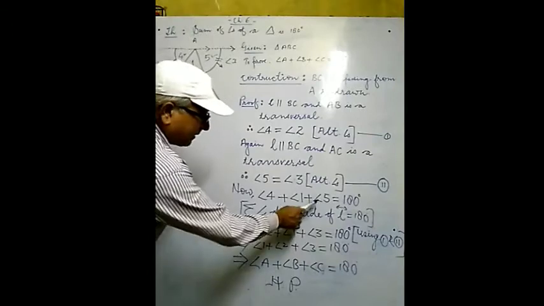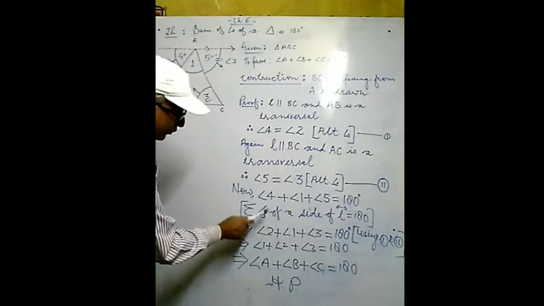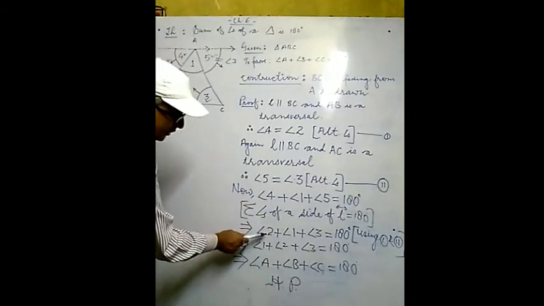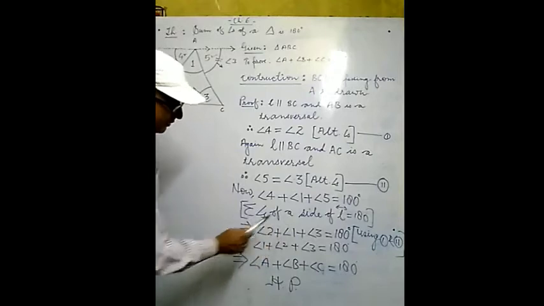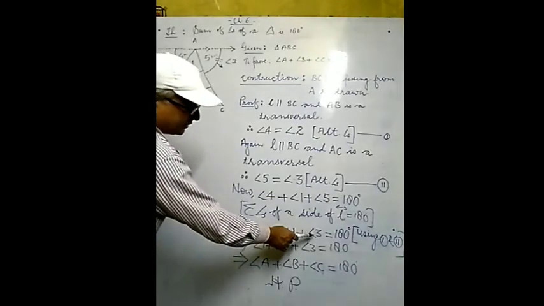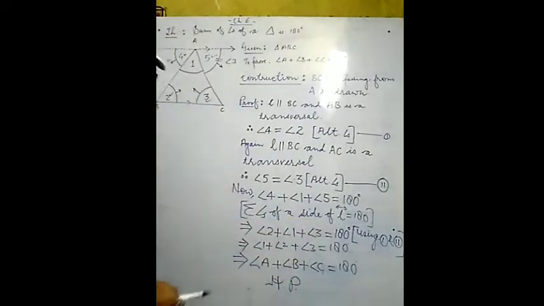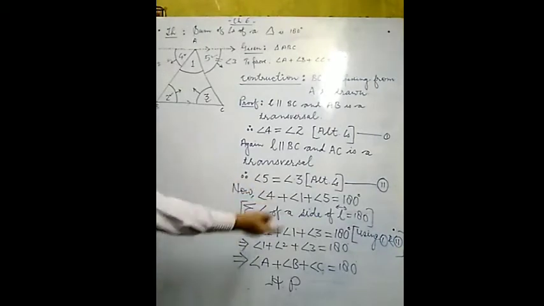So in the place of angle 5, it is angle 3, angle 1, angle 1, angle 4, angle 2, because angle 4 is equal to angle 2 and angle 5 equals angle 3. Angle 1 is equal to angle 1. So this can be noted down: angle 2 plus angle 1 plus angle 3 equal to 180 degrees. Since these numbers are not in a systematic way, 2 is first, 1 is afterward, and third is randomly mentioned, these angles are noted down.